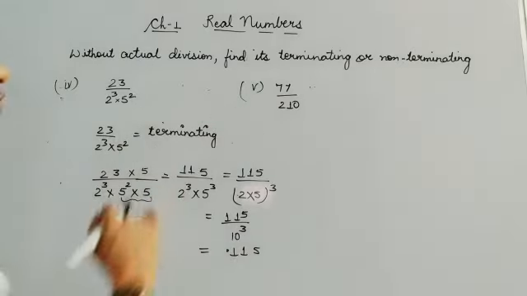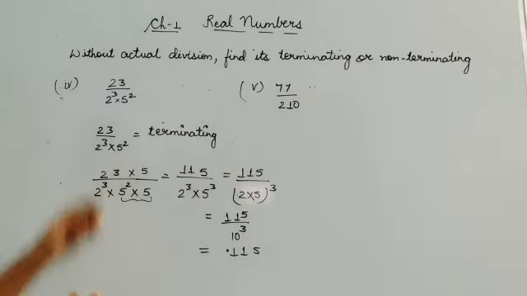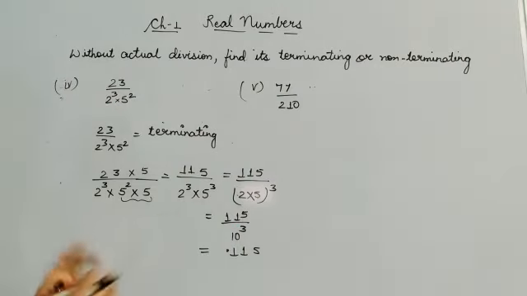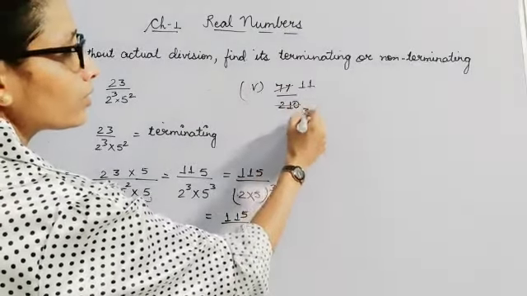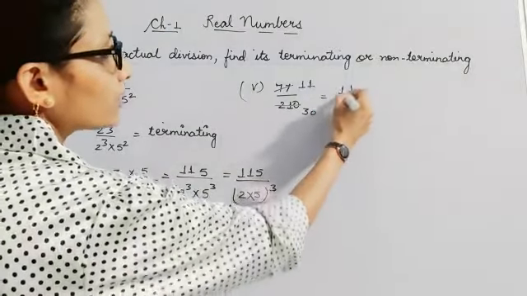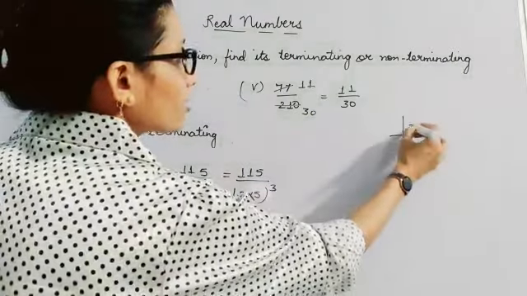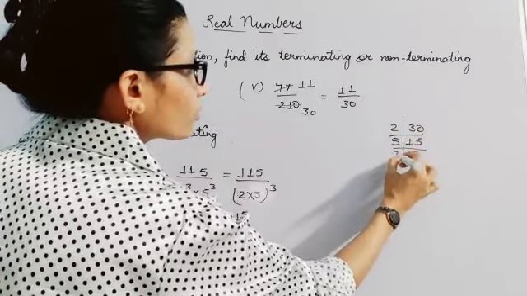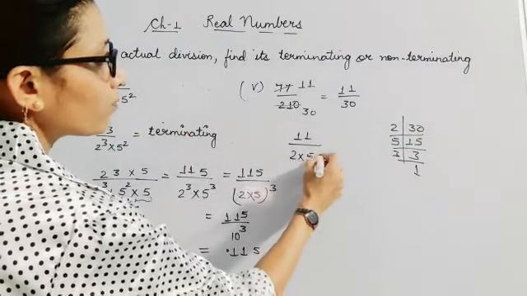Now let's see this question. Children, I always told you, first of all see whether it is in simplest form or not. Here these were prime numbers, so it was given in simplest form. Here I can see this can be written as 7 11s are 77 and this is 30. Now it has become simplest form. Now 11 by 30, what do you have to do? You have to factorize 30. So 30 is 2, 15, again 5, 3, 3, 1. So the factors of 30 are 2, 5 and 3.